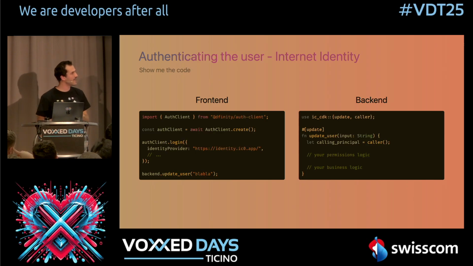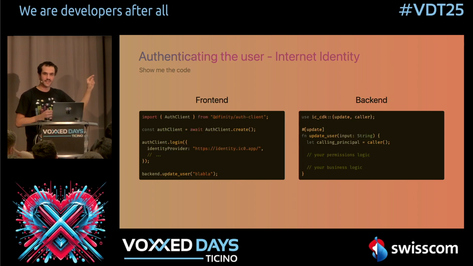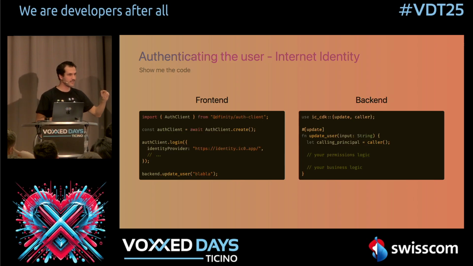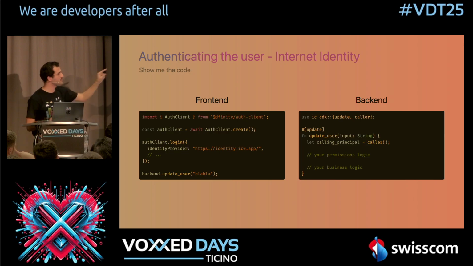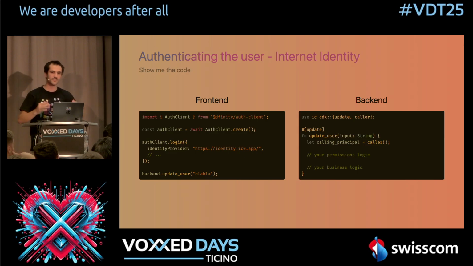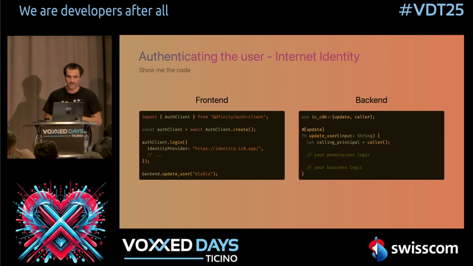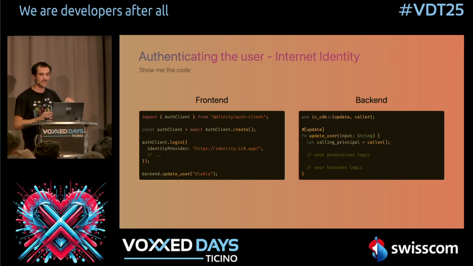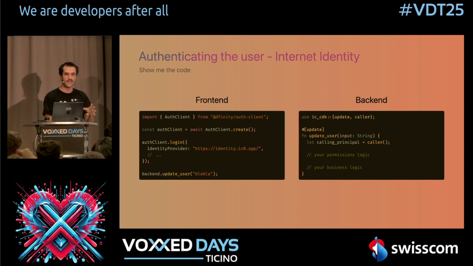So in our backend, we have an endpoint that has the same name, of course. And inside the endpoint, we can access the ID of the user that is calling the endpoint just by using that function, the caller function. So you see, we don't have to care about verifying the authentication, verifying the whatever JWT, cookies, session, whatever we are used to, but we just need to call that function inside our code and have the ID of the